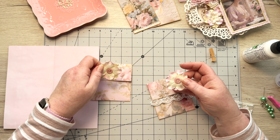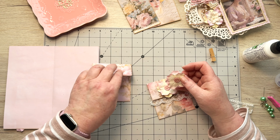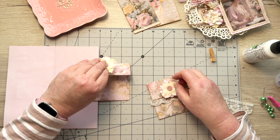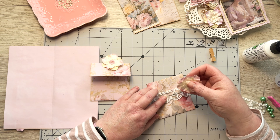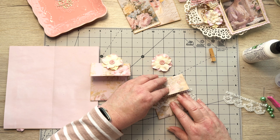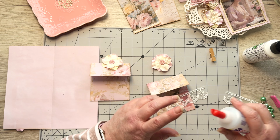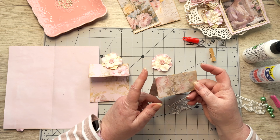So I want to put one on the one and one on the other. I think it was like that. No, like that and like that. All right. So I'm just thinking, should I put the lace underneath or on top? I think underneath. All right. So let's do that. Now you can round the corners